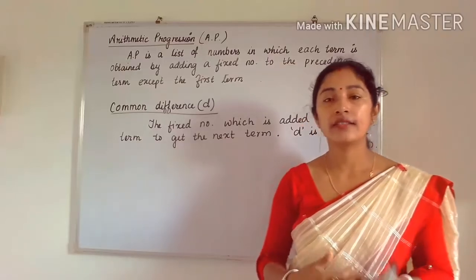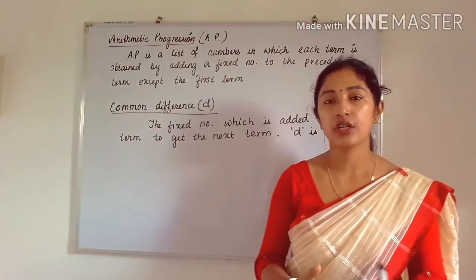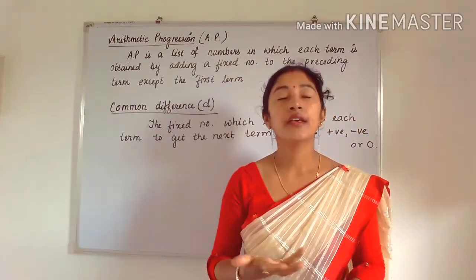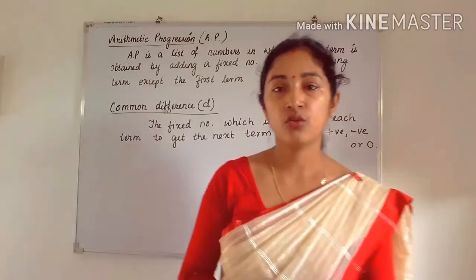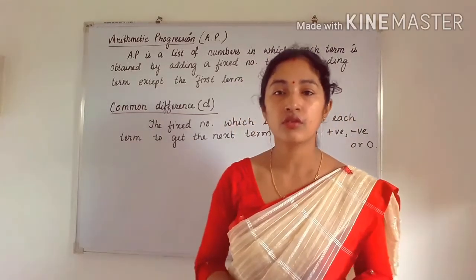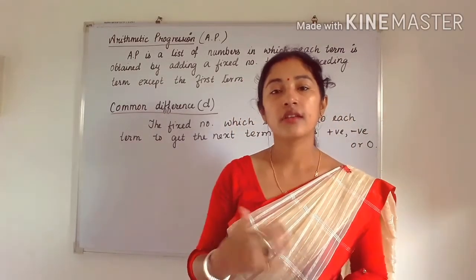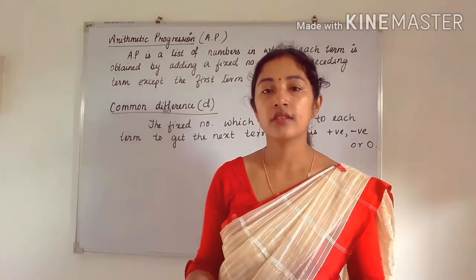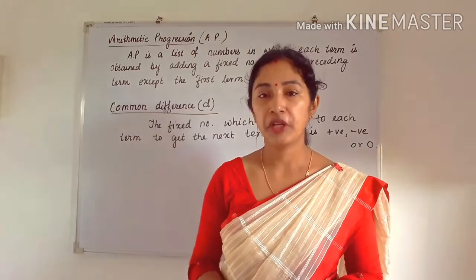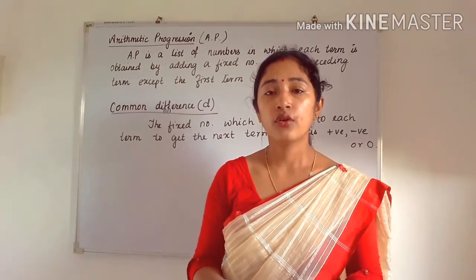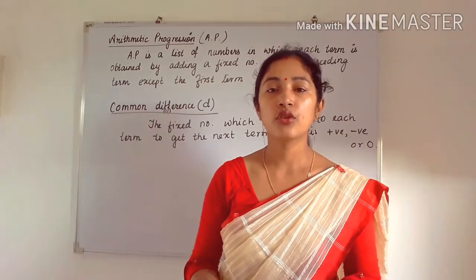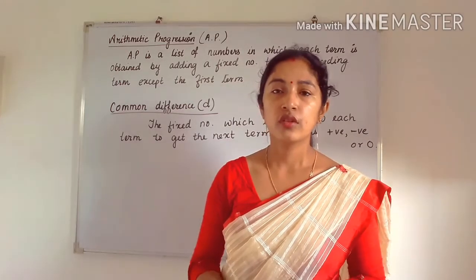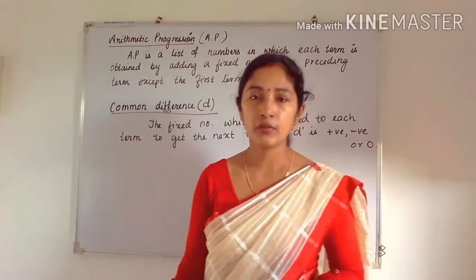So what are the examples of arithmetic progression? You can say the year. Okay, suppose this year is 2020, next year will be 2021, then again next year will be 2022. So these years we can say this shows an arithmetic progression. Similarly, your roll number. Okay, your roll number shows arithmetic progression. So these are some common examples of arithmetic progression.